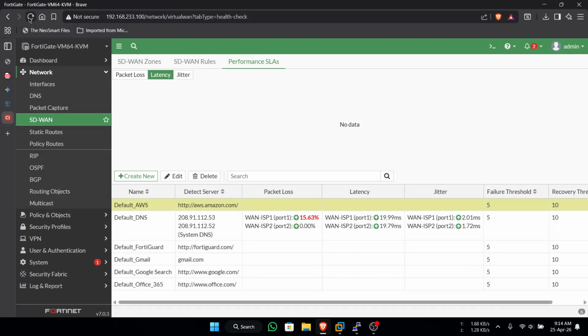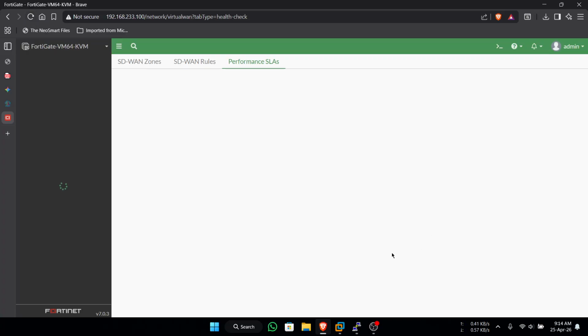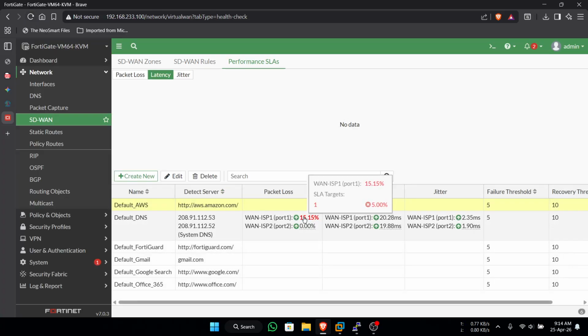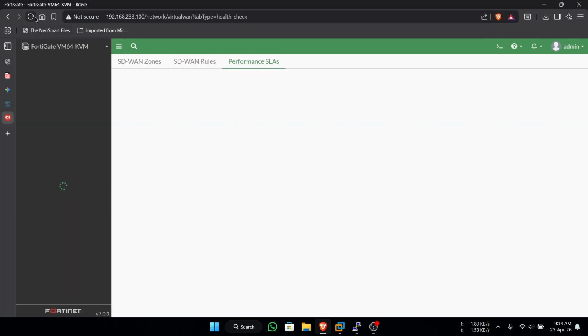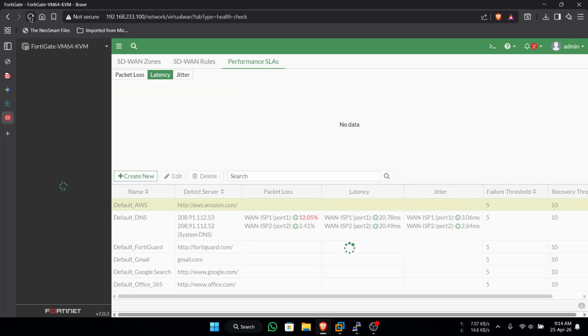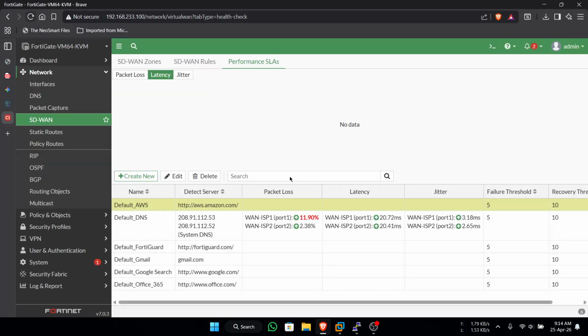Still 60%, 15%. So if the packet loss is still in ESP1, the ESP2 will always be used for data until the packet loss is nothing.